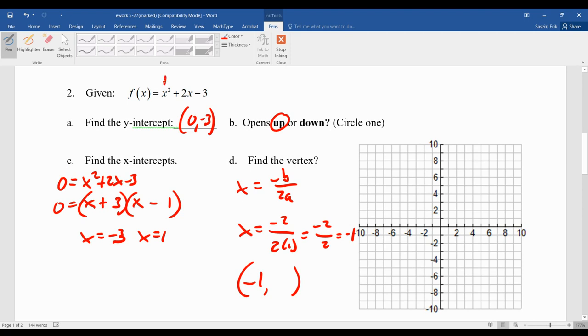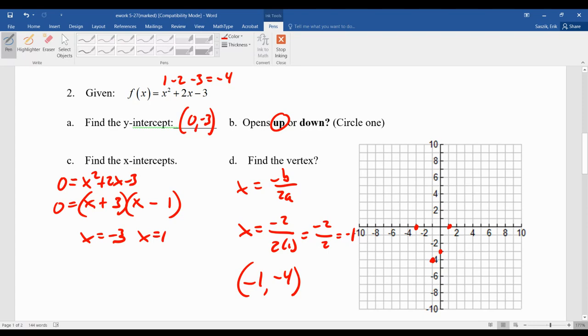-1's quantity squared is +1. -1 times 2 is -2. So we have 1 minus 2 minus 3. That comes out to -4. So here we go, -1, 1, 2, 3, 4, -4. My zeros were -3 and +1. Okay, my y-intercept,